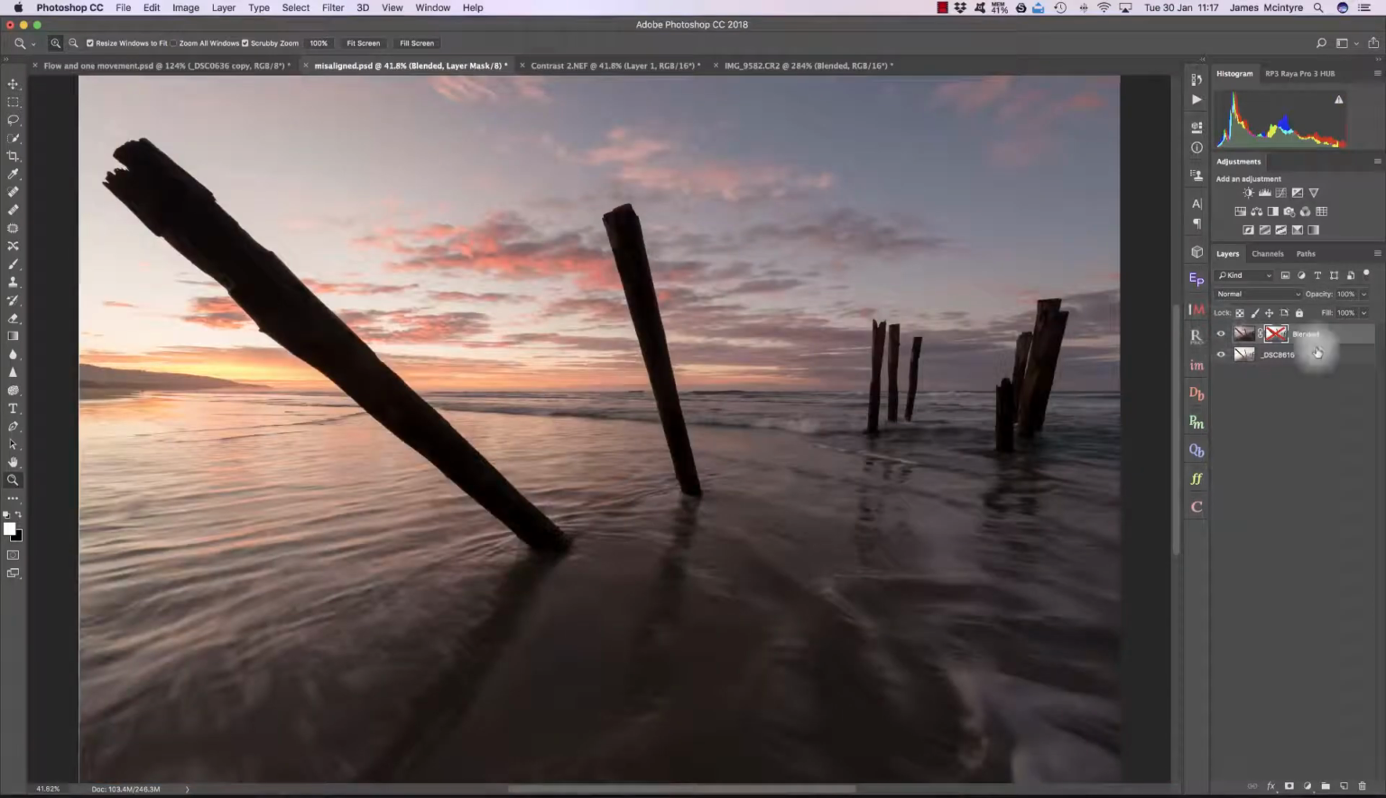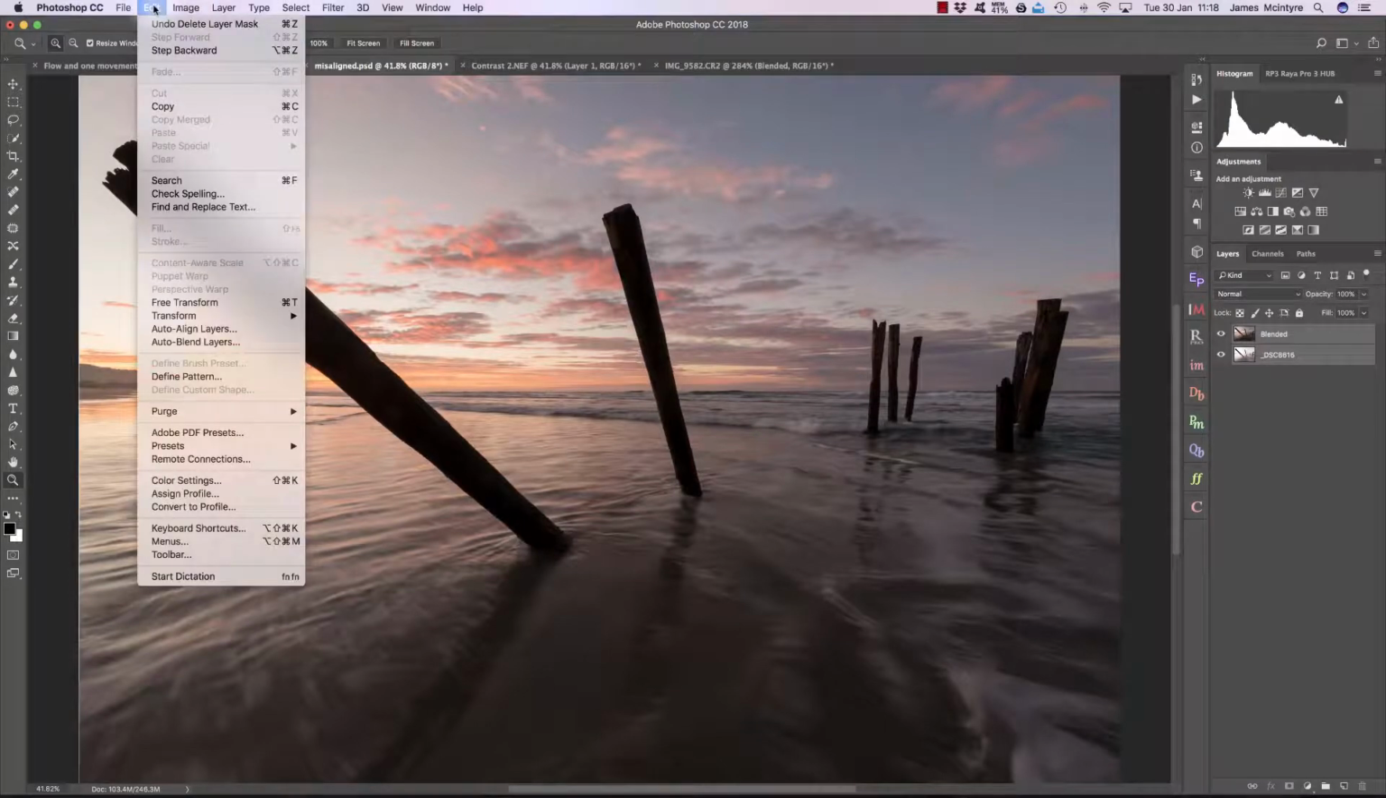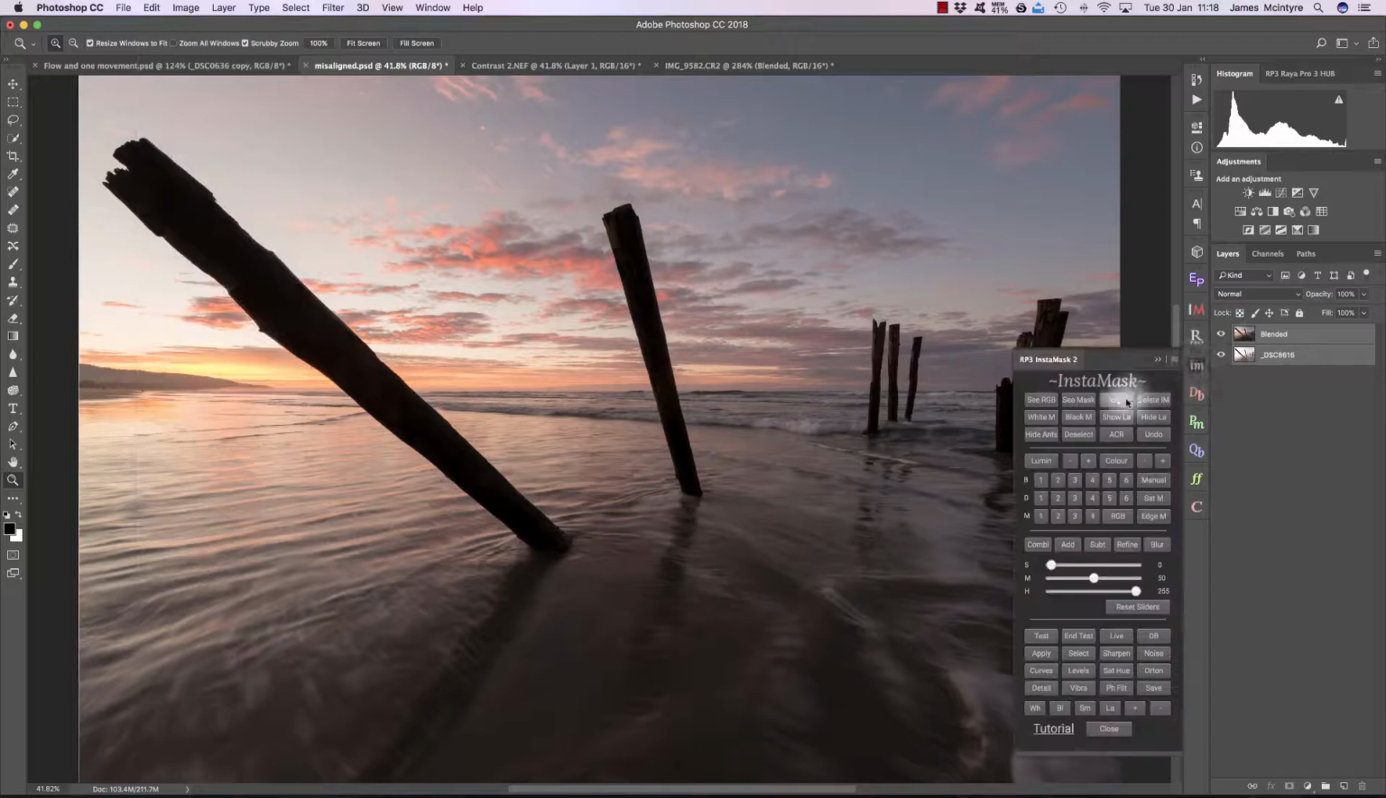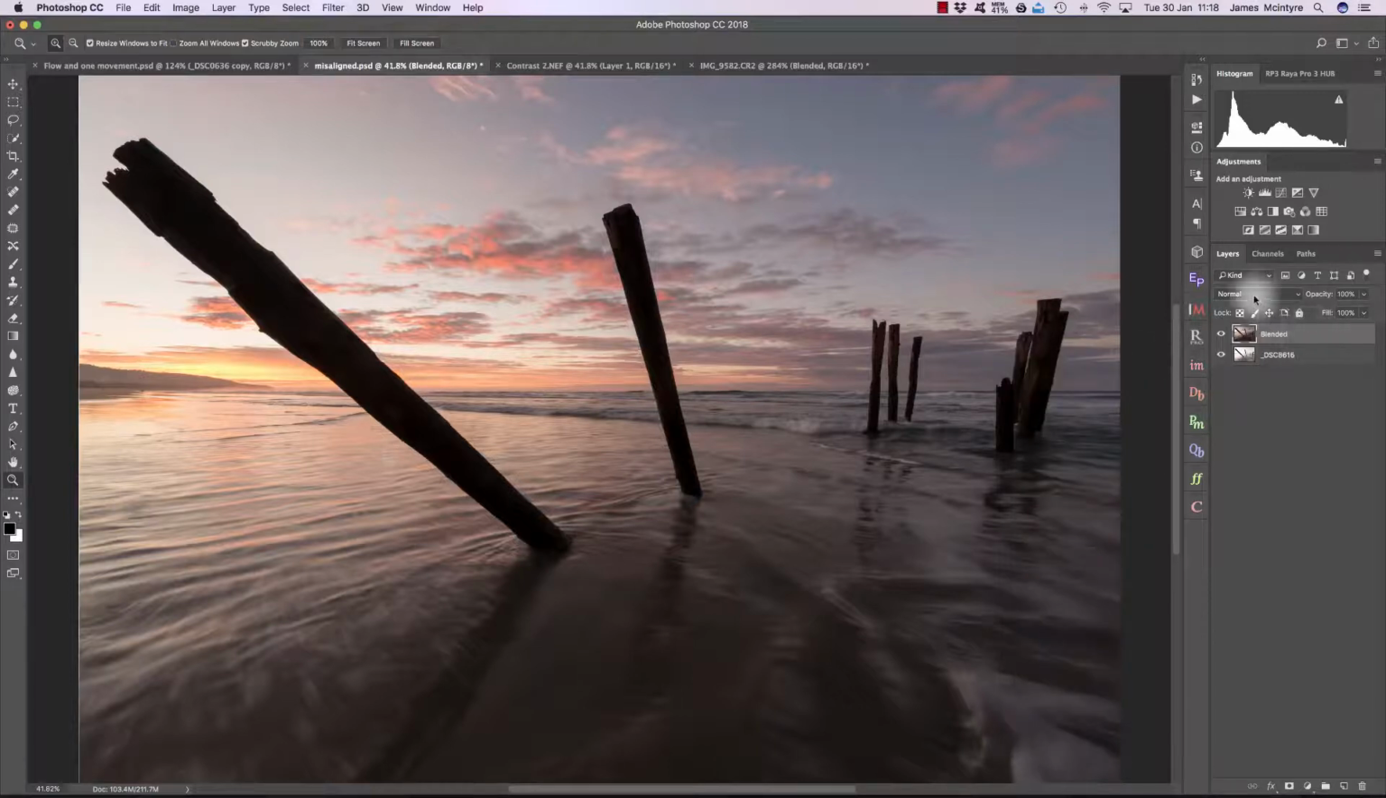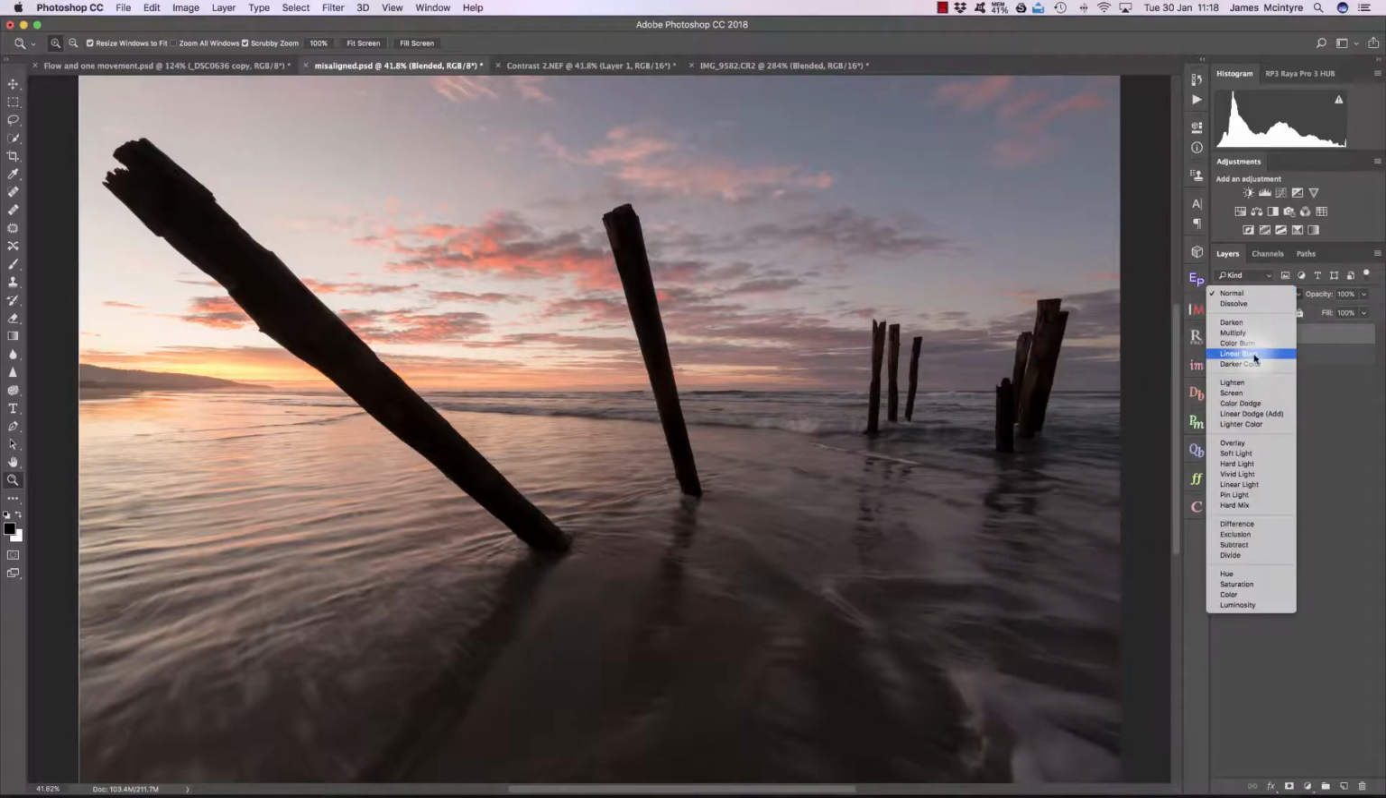Now an easy way to fix that is, if I delete that mask, select these two exposures, go to edit, auto align all layers, or in Instamask, we click on align. And this will hopefully align our exposures. But let's say this didn't work and our exposures didn't align properly. Another way to fix that is to select the top exposure, change the blend mode of that to something called